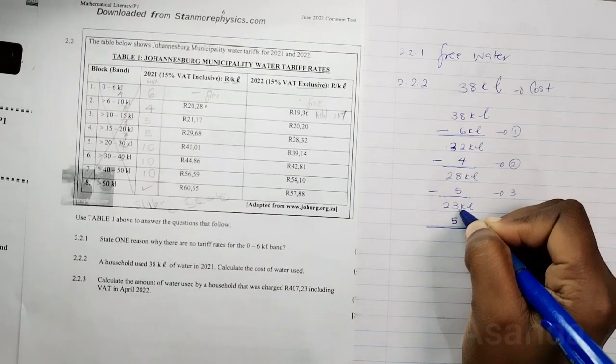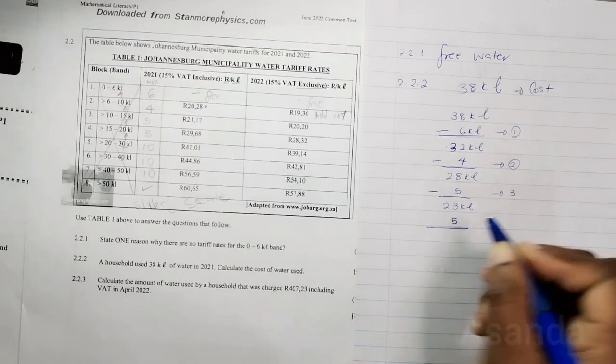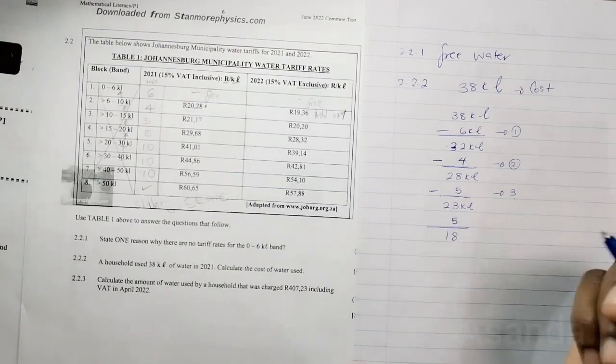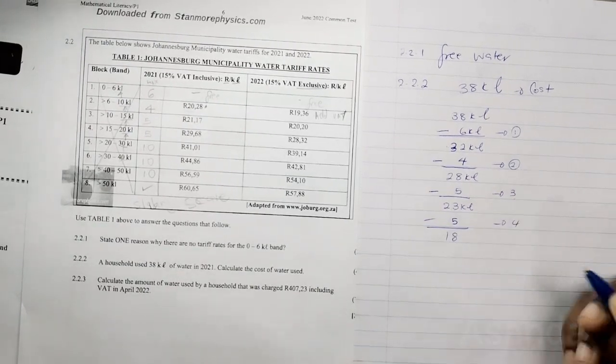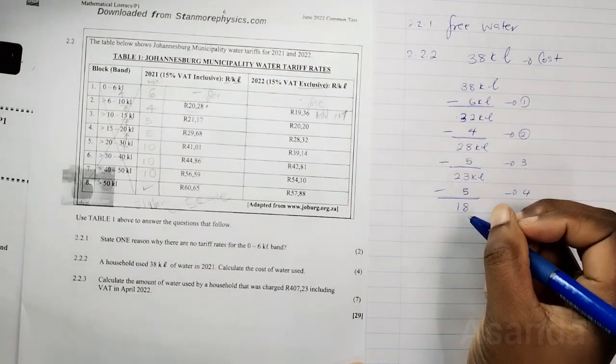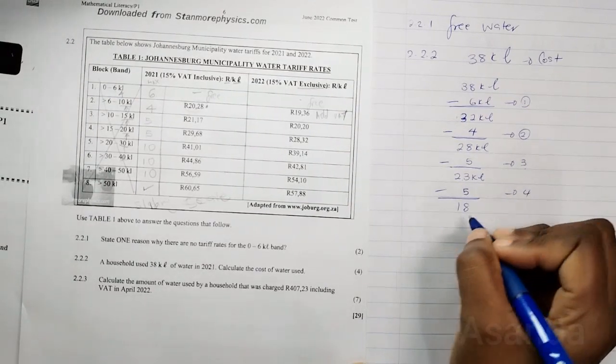I have 23 kiloliters and row 4 only takes 5 kiloliters. So I'm going to leave 5 kiloliters and be left with 18. And then I left that at row 4. Then I come back and say, okay, so next step is